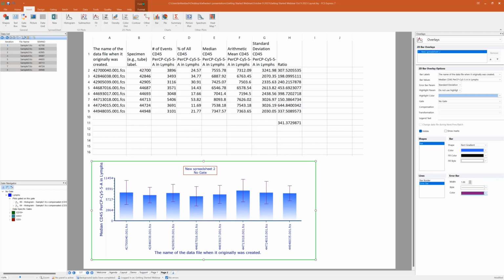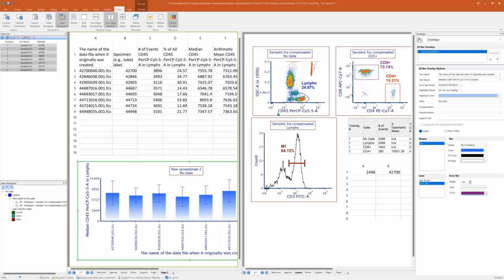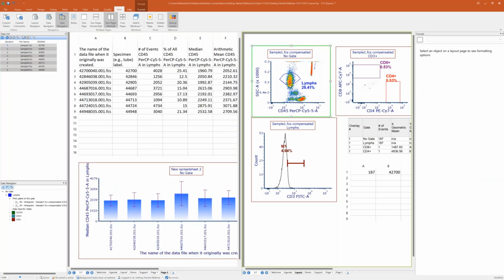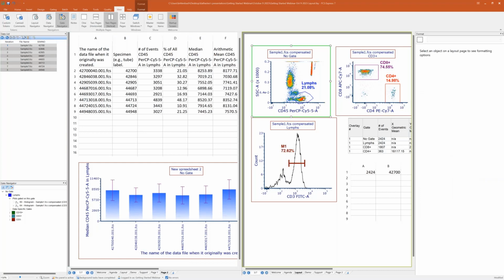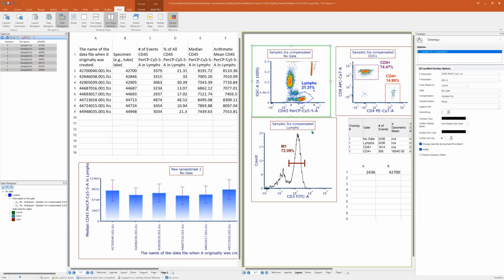And one thing I want to show you is how all of this is going to update in real time. So let's go to our View tab and go to 2 pages vertical. Now what happens when we move our lymphocytes plot? Well, all of our bars are going to update automatically in real time. So this will allow you to update your whole analysis, your gating strategy, and that downstream analysis and downstream reporting is also going to update in real time. Let's switch back to just showing